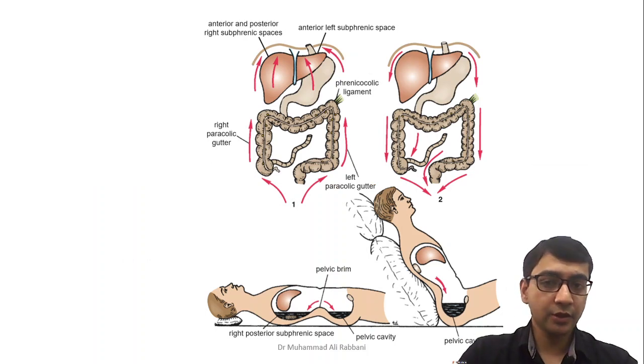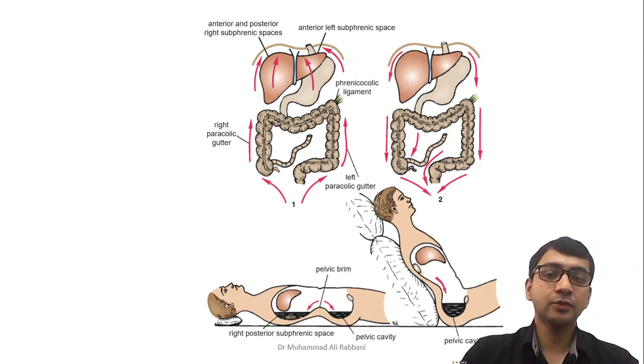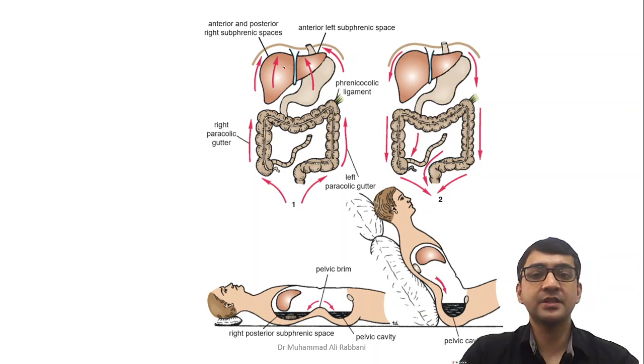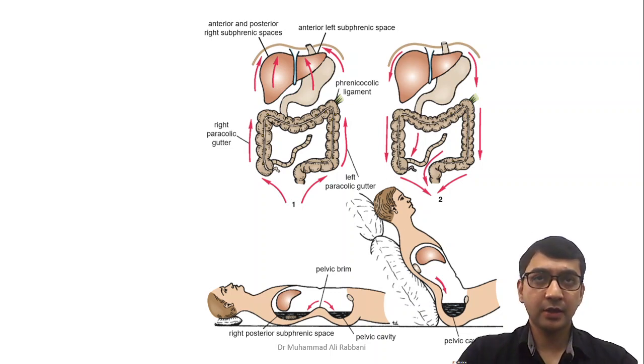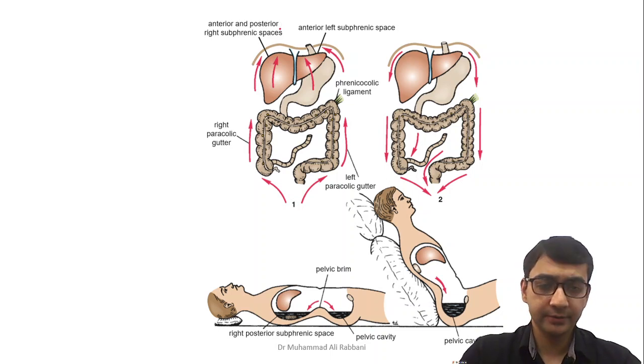This is the circulation of peritoneal fluid. Mostly it is produced in the lower part, on the surface of the GIT. With the help of peristaltic movement, it is gradually moved upwards and goes all the way to the subphrenic spaces, where it gets absorbed into the blood vessels. This becomes important because if a person has peritonitis with bacteria in the fluid and it goes into the subphrenic space, it may get absorbed into the blood, and it may even cross the diaphragm and go into the thorax.